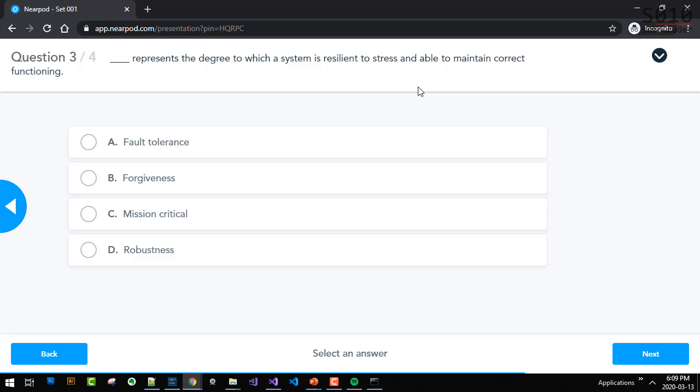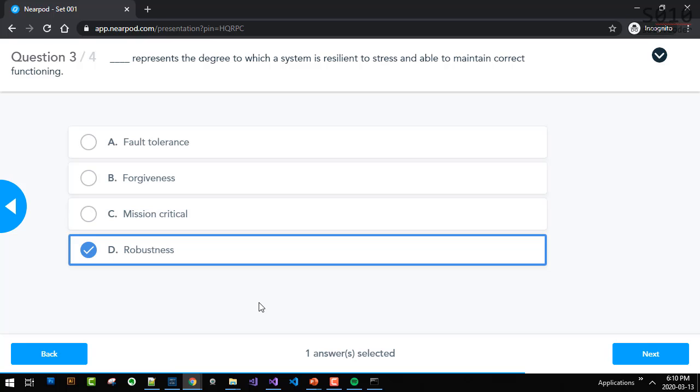Sometimes I have to stop and think which one that is, because fault tolerance is also, fault tolerance is when something goes wrong and the application is able to continue working even though something went wrong. That's the whole point of having a try block, okay? So this is robustness.